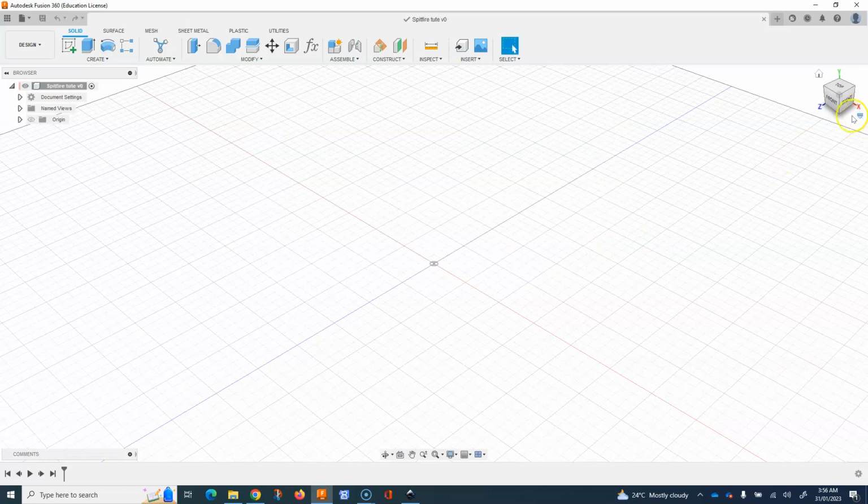I want to make sure over my view cube here that I've got perspective with ortho faces selected. Down the bottom I want to make sure that my snap to grid is not selected. I want to make sure that my constrained orbit is selected,